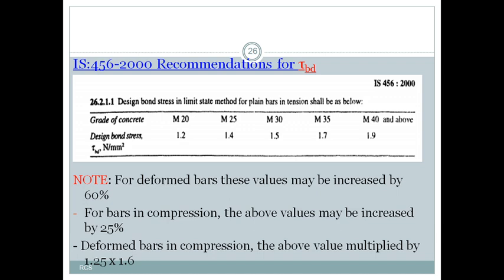If the assumed depth is greater than the required depth, then we can go with the assumed depth. Then we calculate the area of steel using the formula Mu equals 0.87 Fy Ast d into 1 minus Fy Ast by fck b d, or another formula given in your code book. From that you can calculate Ast. After obtaining that, we check for minimum and maximum reinforcement. The obtained area should not be less than the minimum area of reinforcement As, and the maximum area of steel reinforcement cannot exceed 4% of the gross cross-sectional area.